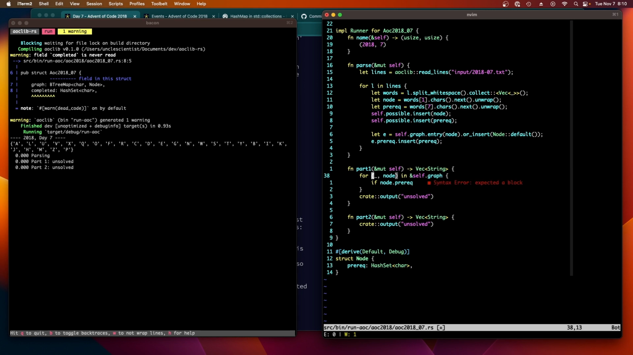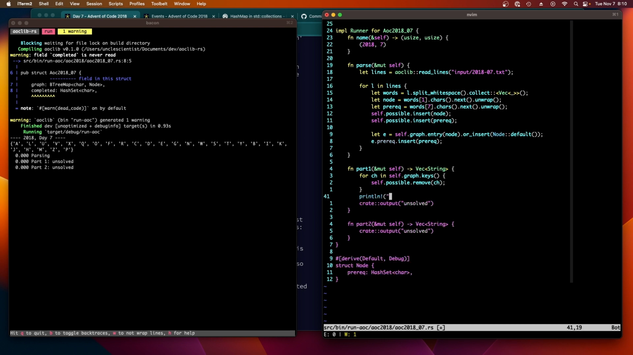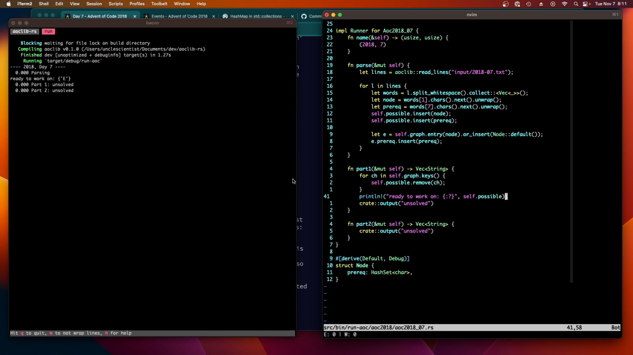So what I actually need to do is self-graph keys, right? And those are not possible to do yet because they have prerequisites. So I can say self possible remove ch, and then println here ready to work on. And we can take a look at that list and see if it worked. Possible. Should I do this with test input first? Okay, so what this is saying is that E can be